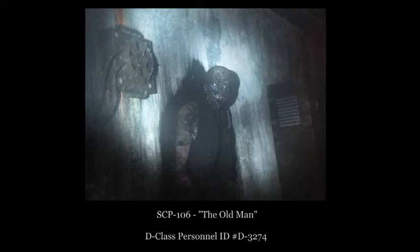SCP-106. Item Number SCP-106. Object Class Keter. Special Containment Procedures 11-6. No physical interaction with SCP-106 is allowed at any time. All physical interaction must be approved by no less than 2/3 vote from O5-Command and may only extend to testing